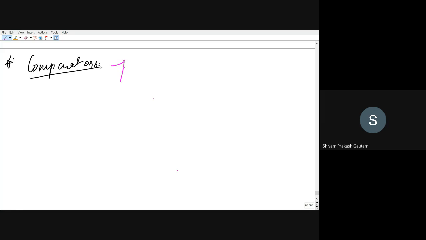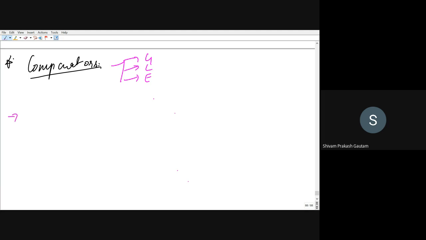Only three possibilities are there when you compare two numbers. Or you can say more, less, or equal, whatever you want. This holds in decimal as well as in binary. So comparators, we will see that.